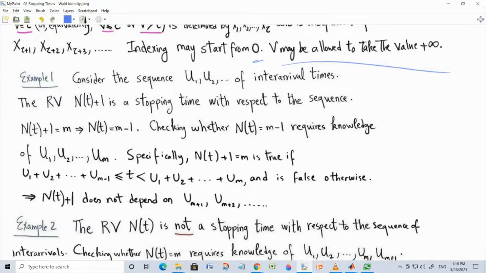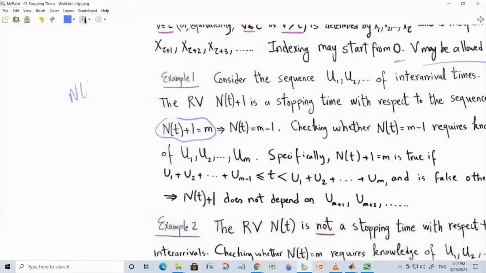So n of t plus 1 is a stopping time with respect to the inter-arrival times. In renewal processes, what is the sequence? You can think that our sequence is the sequence of inter-arrival times, u1, u2, u3, and so on, and those are IID. And n of t plus 1 is a stopping time. Why is this? Because if you want to investigate the event n of t plus 1 is equal to m,